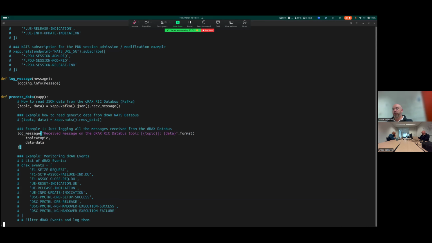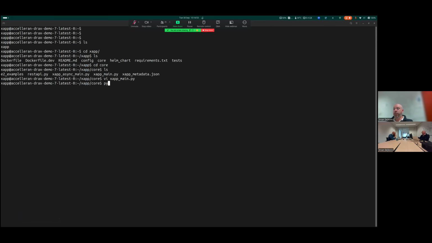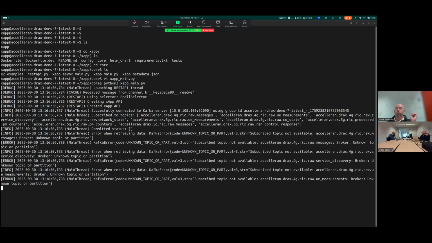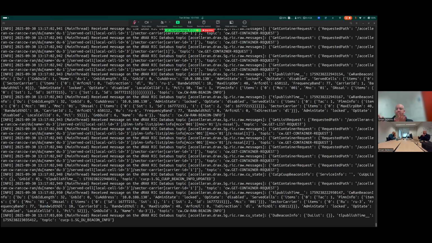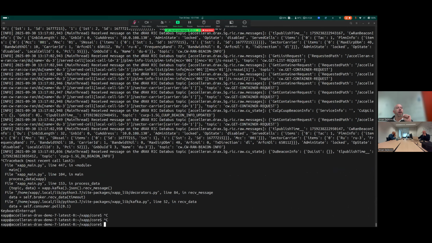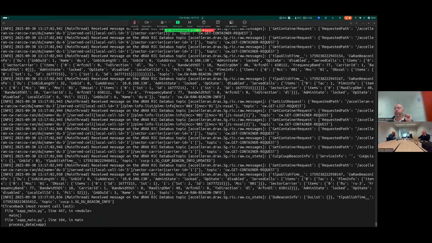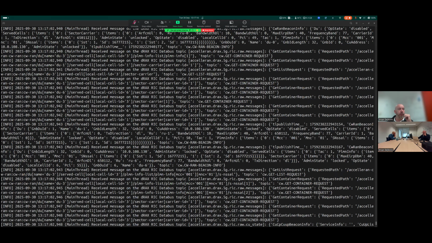The only thing I have to do is exit this, and I can write python3 xApp main, and the xApp will start running. And now in a short while, we'll see it go wild. I'll kill it because it's going insane. But you can see that it's starting to receive a lot of messages coming in from the RAN itself. All different kinds of messages, which we've also looked at in one of the slides, right?